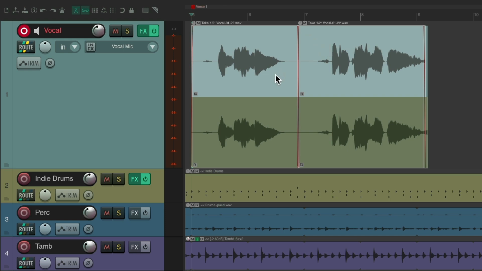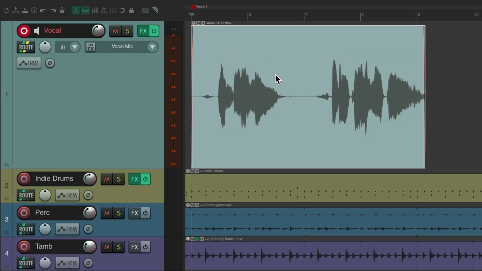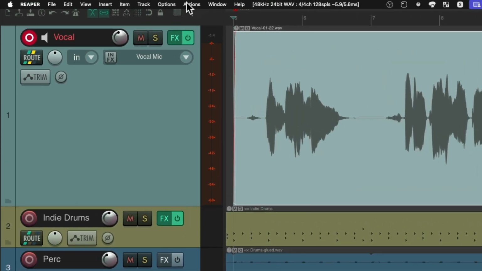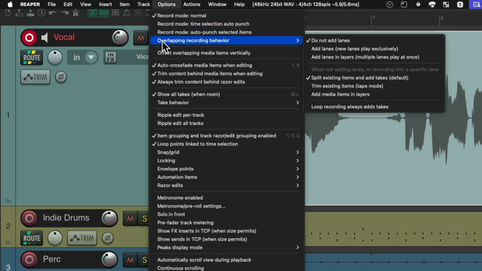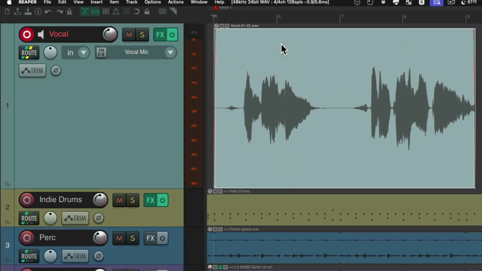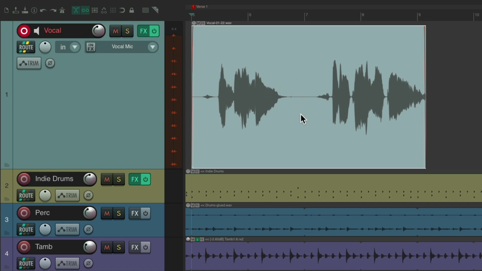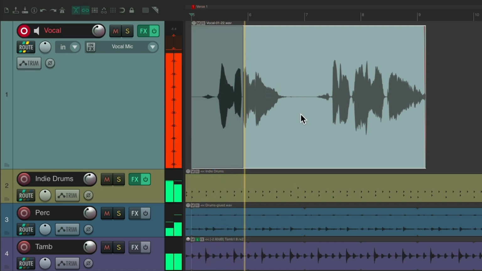So we could split or cut up our pieces completely separately in lanes. So let's undo this and use lanes instead. We'll go up here to the options menu, overlapping recording behavior, and choose to add lanes. Now if we record on top of this,